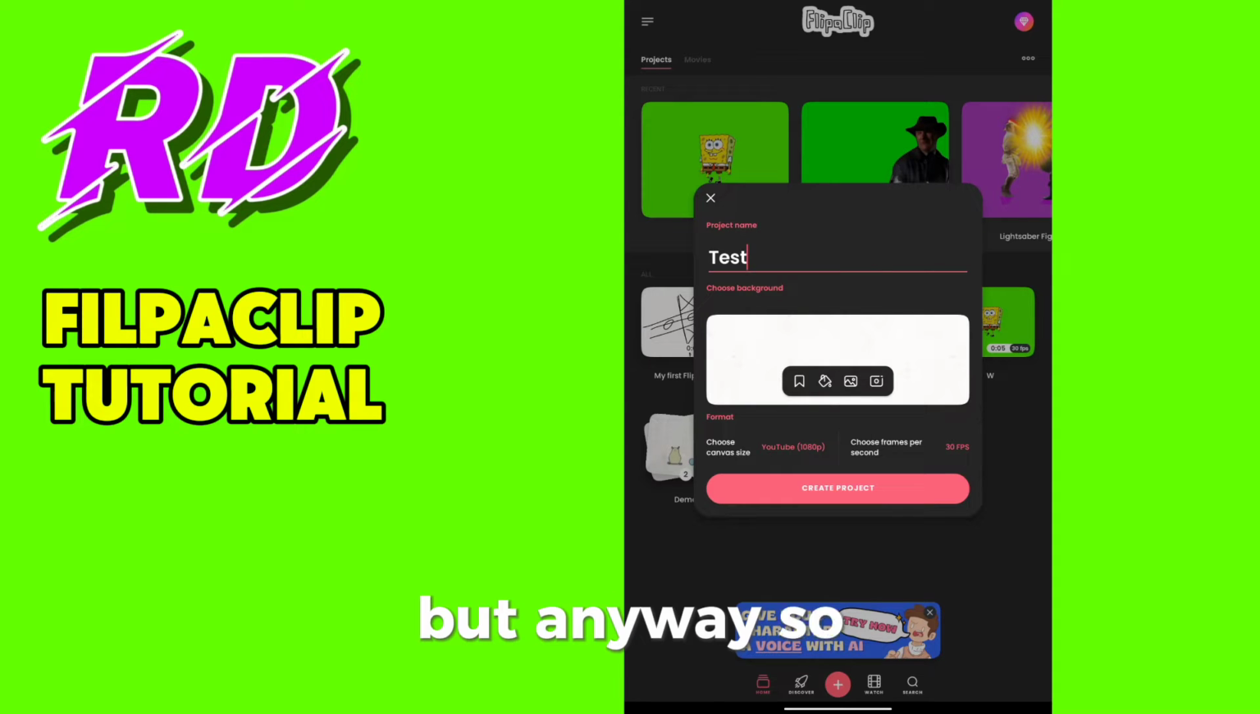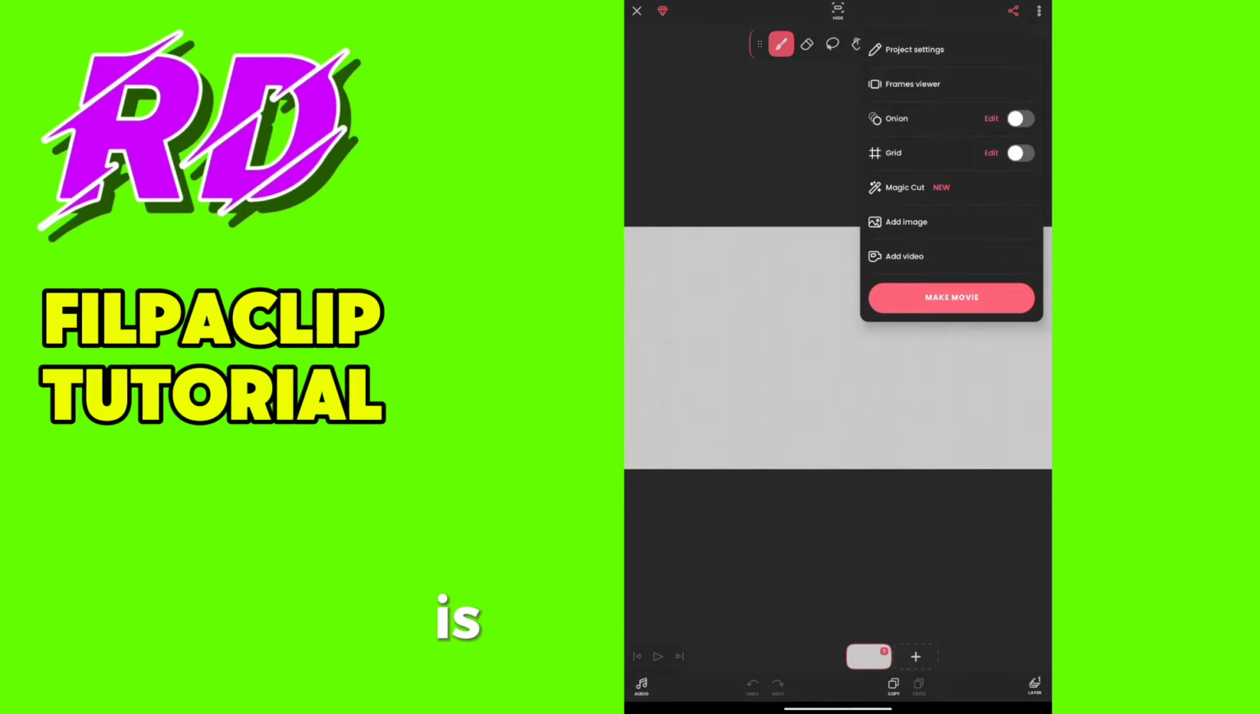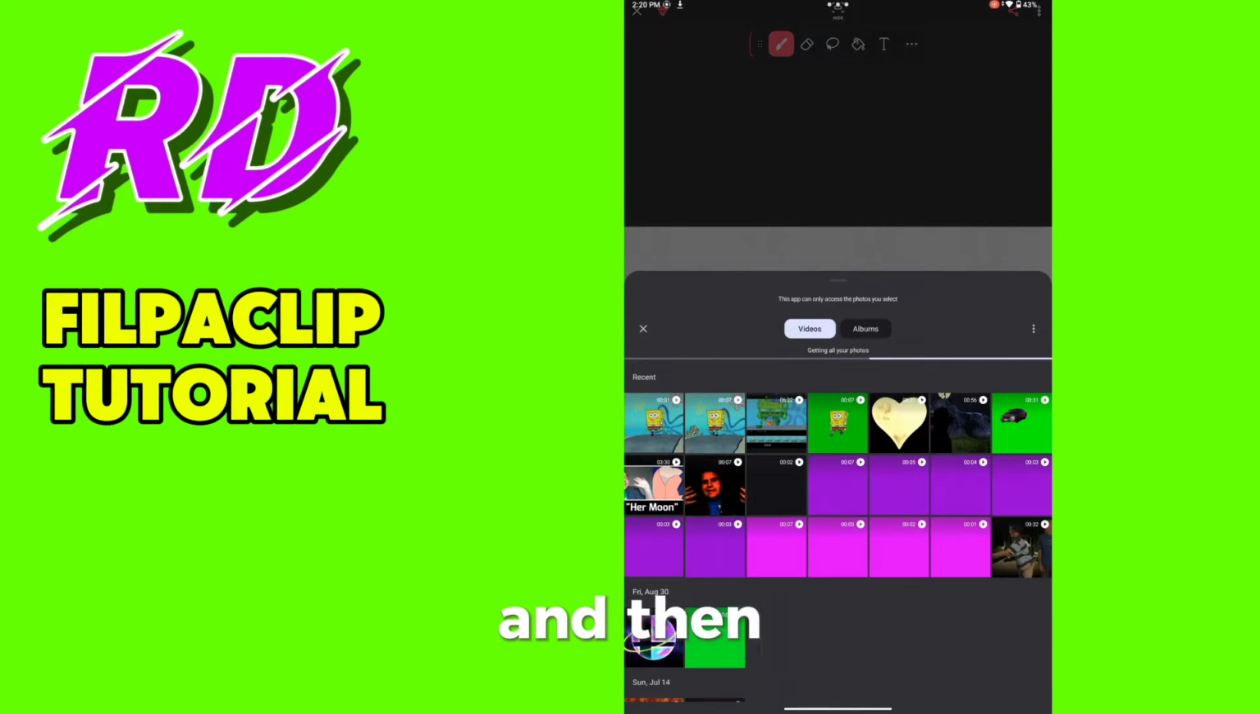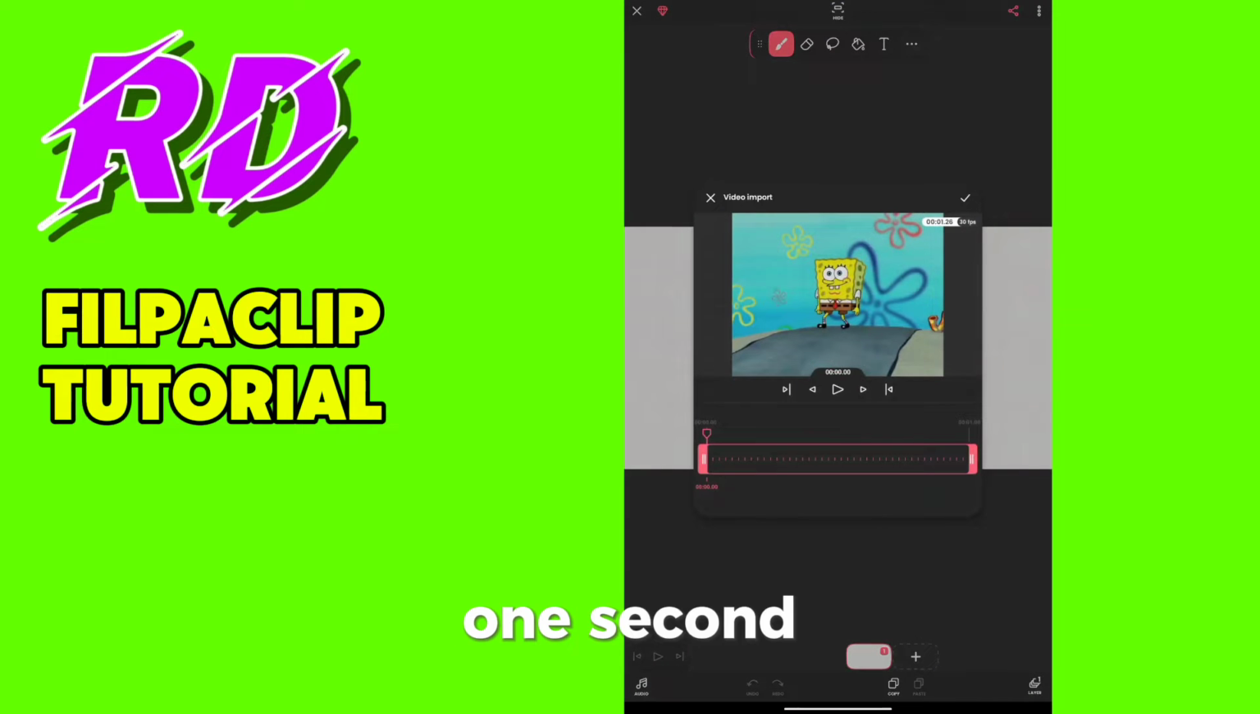But anyway, once you have that sorted out, you've named it, you've chosen your quality size, you're going to pick your frame rate, and once you're done with that, click Create Project. Now, how you get this working is specifically pick Add Video. You click on the three dots on the top right corner, click Add Video, and then you look at your video options, and I specifically click the one right here that's 1 second, because I don't want this to take